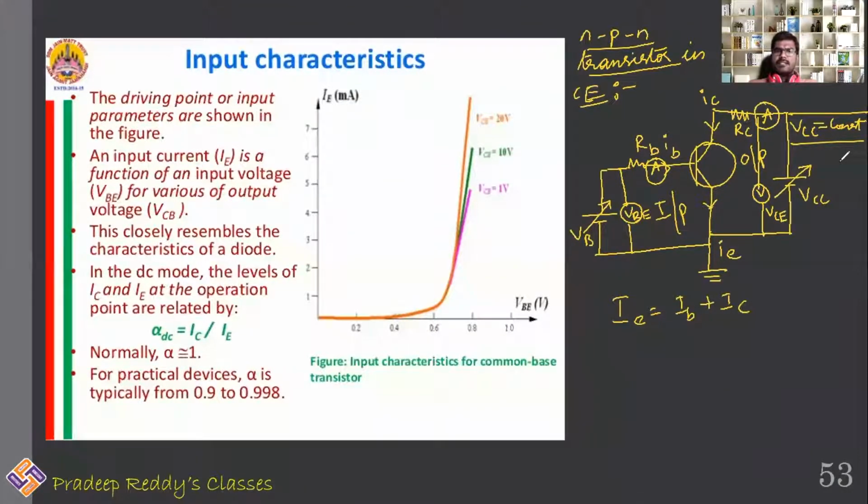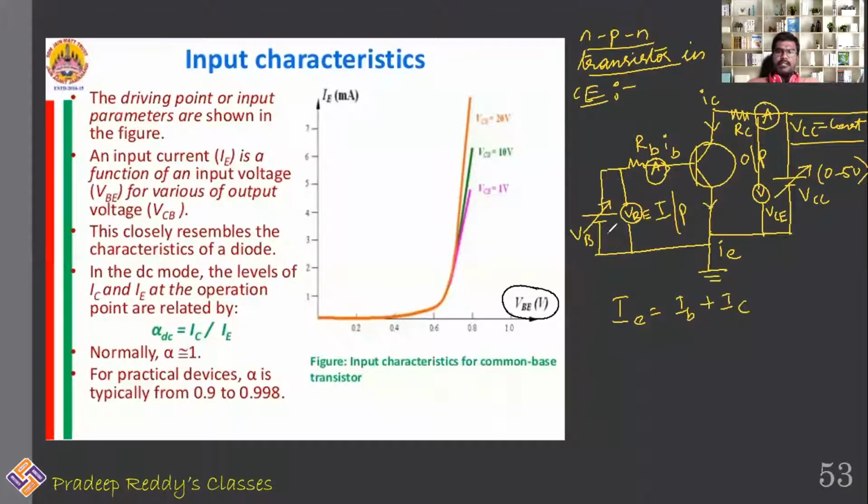Usually, for a practical transistor, we will be placing it at 5 volt. The biasing voltage is 5 volt. So between 0 to 5 volt, you will be placing this value. Approximately, I am considering it as 5 volt, which is connected here. That is VCC. That means the second junction is connected in reverse bias. The first junction is connected in forward bias. And through this first junction, the voltage which you are providing is VBE. That VBE is plotted on the x-axis.